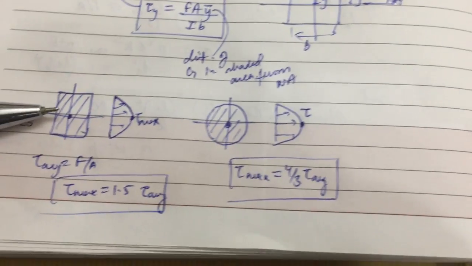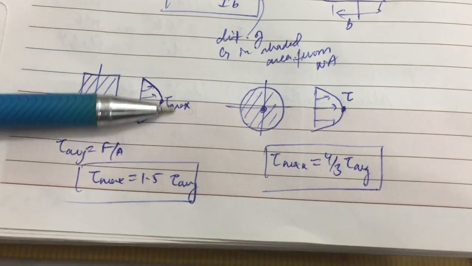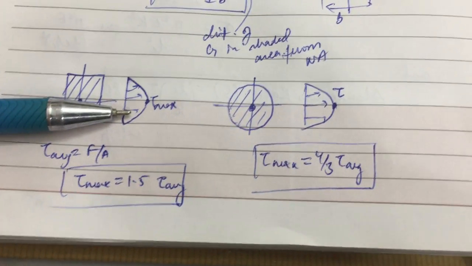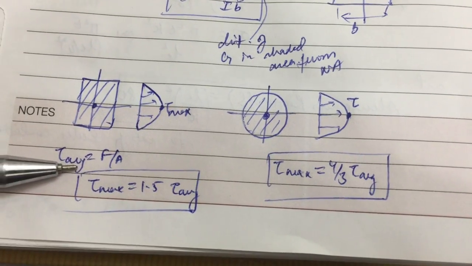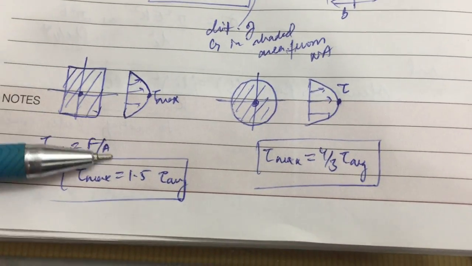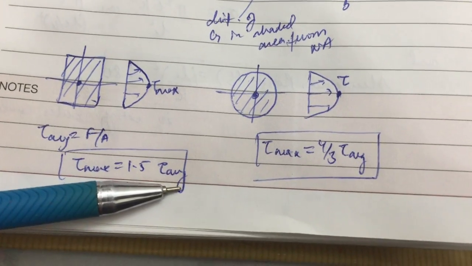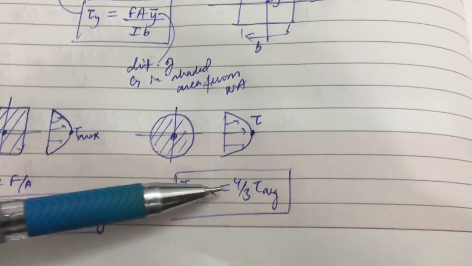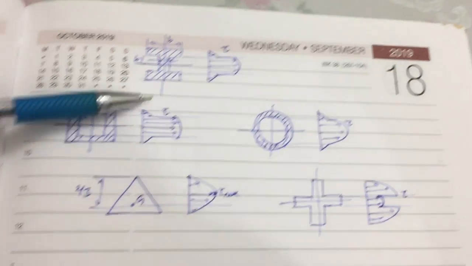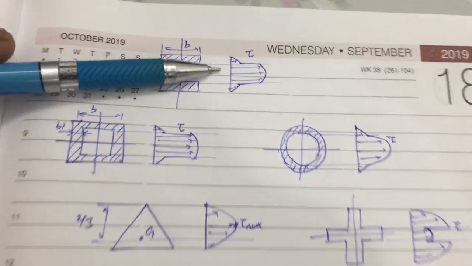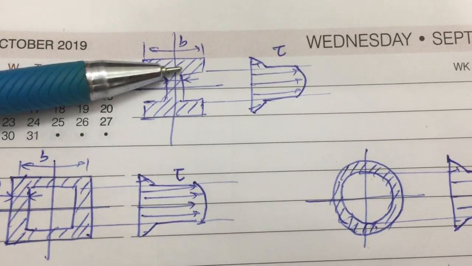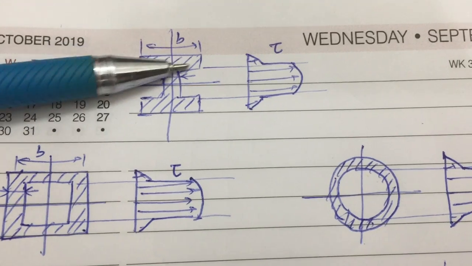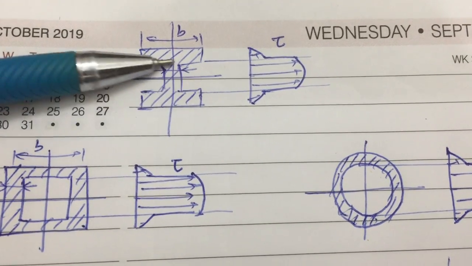So basically for the rectangular section like this, this will be the maximum shear stress diagram. We can see that the average shear stress will be F by A, but the maximum shear stress will be 1.5 times the average shear stress. For the circular section, it will be 4 by 3. This is the ratio to be remembered. But if you go to other sections like the I type, the diagram will be like this, because the greater the distance, the lower will be the shear stress. But when suddenly when